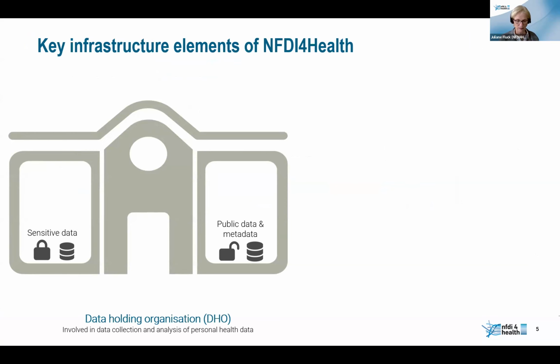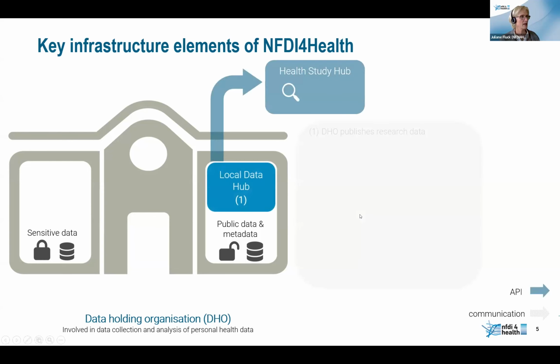And here we try to establish common infrastructures and common workflows so that local data hubs are connected to our NFDI4Health study data to allow to publish research data. That does not mean to publish the sensitive data, but only the public data, and that we can do directly with a local data hub, which is provided by NFDI4Health, but we can also interface with infrastructures